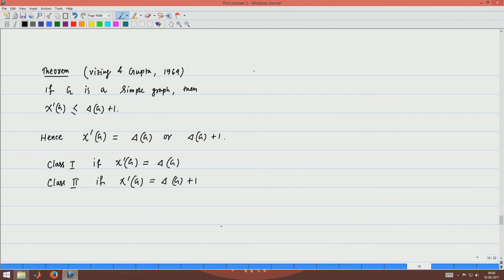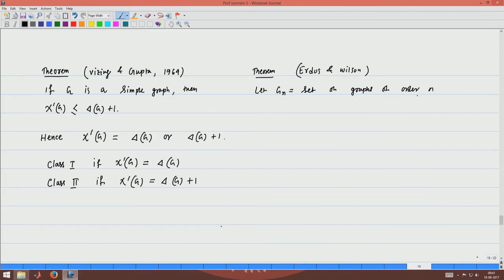Now, there is a theorem due to Erdos and Wilson. Let G n be the set of graphs of order n.